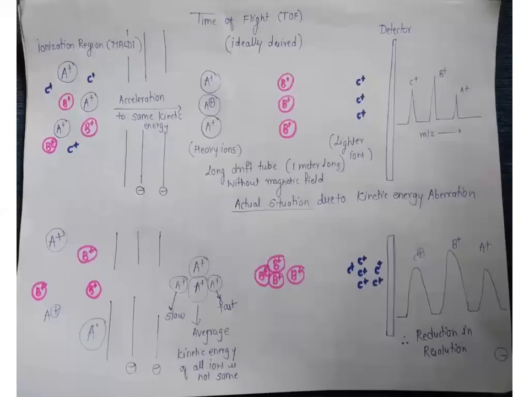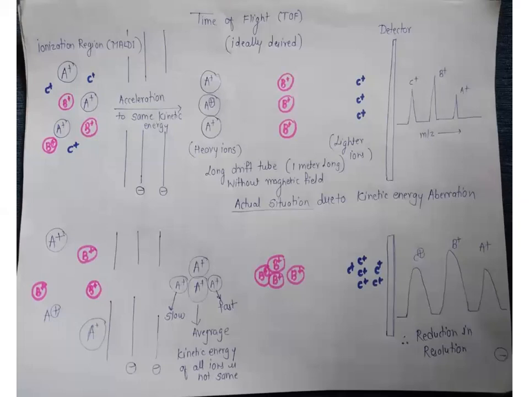So as you can see here in the ionization region, first of all, the ions are generated. These ions are accelerated with the help of accelerating voltage. Same as we do it in case of magnetic sector instruments. But here the acceleration energy is much more higher. It is 10 raised to 3 to 10 raised to power 4 voltage. So due to this acceleration, the ions get their final velocity and the direction.